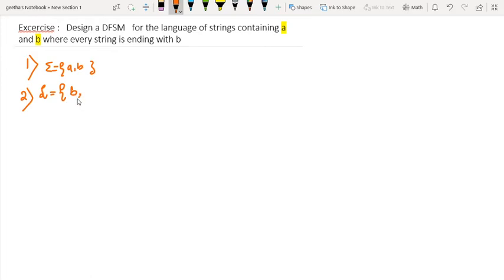First, always try to write the minimum length string that can fall in this language. Then it can be AB, it can be ABB, it can even be AAAB, something like this. Many possibilities. Whatever comes to my mind related to this language, I am writing here.